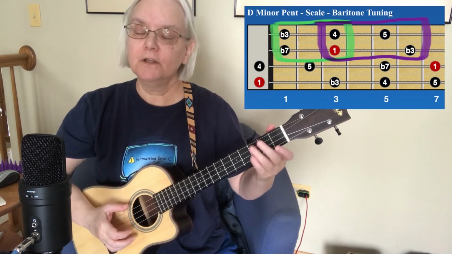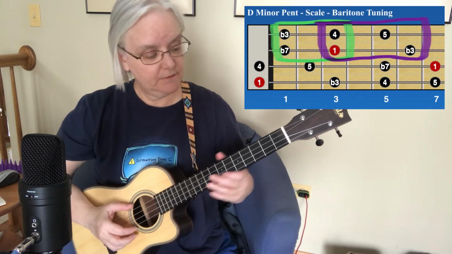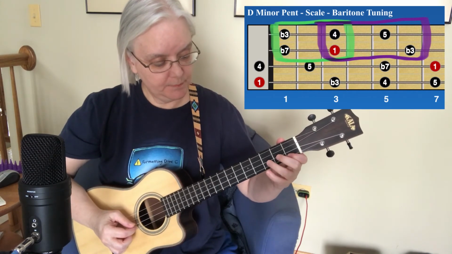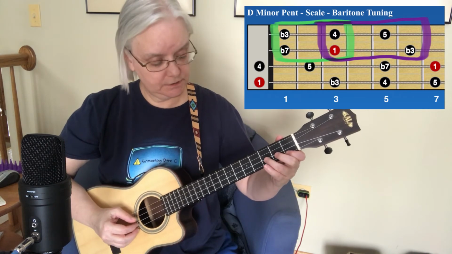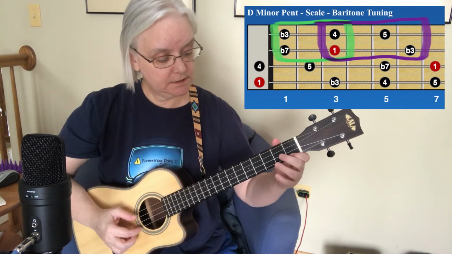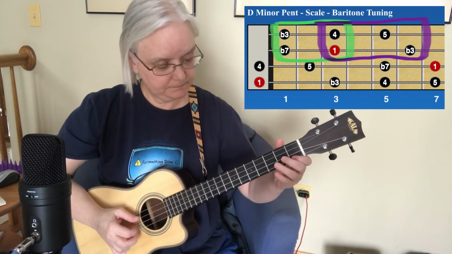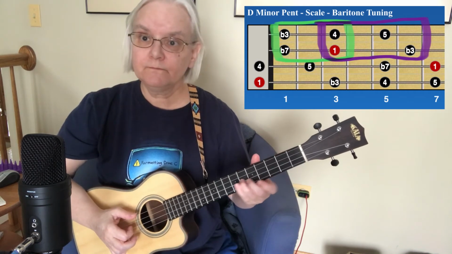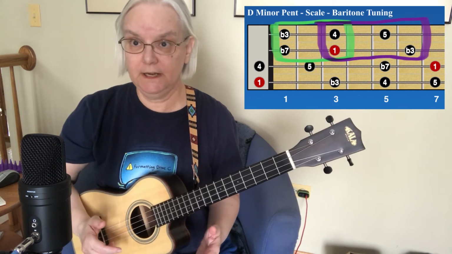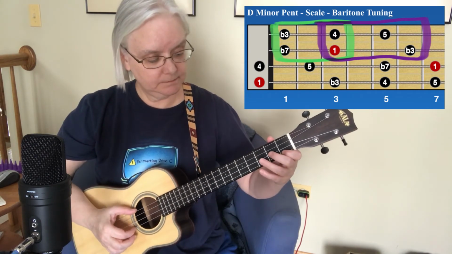Okay. And another thing you can do is start to blend those together with slides, right? If I play this flat 3 and then pick basically any fret on my 2nd string and slide up, I have a target. I want to get over here to the 6th fret. Slide up. That's a sound that you can use to enhance your playing, to add interest for your listener. So say you do something like